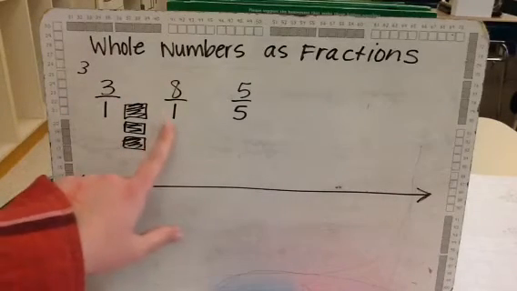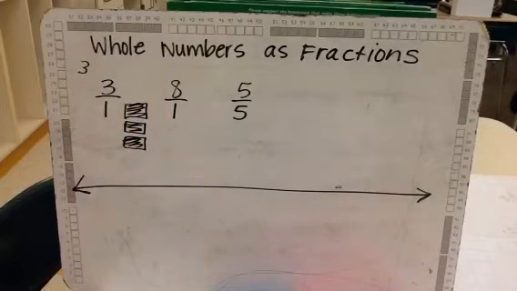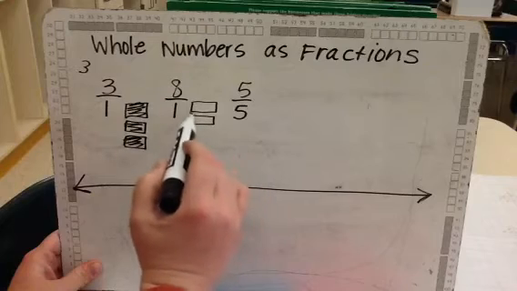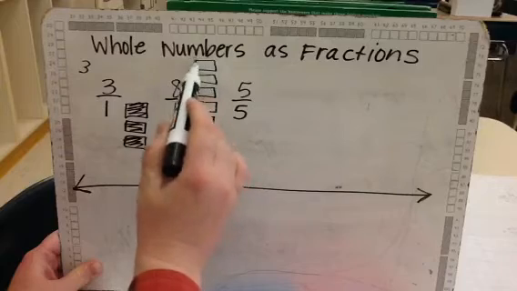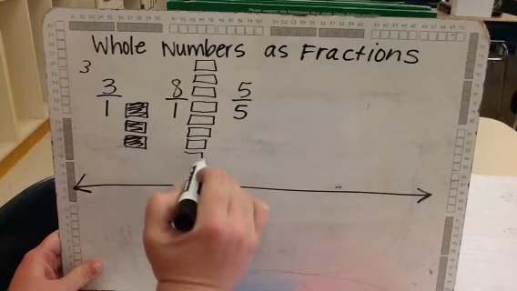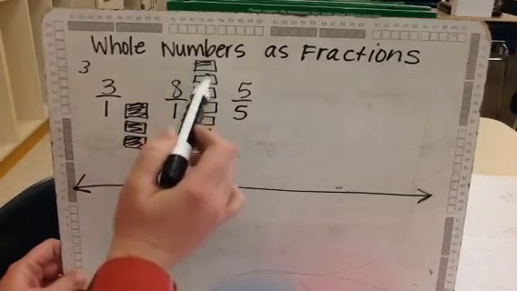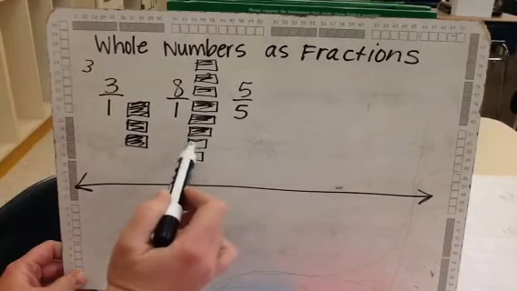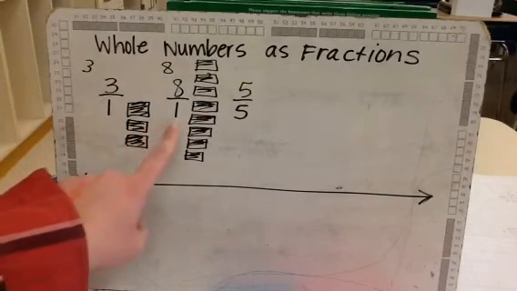Similarly here, so I see 8 over 1, or 8 wholes, and what this 1 means is I'm going to leave the whole as a whole, but I need 8 of them. I need to do that 8 times. So here, and again, I'm not partitioning them, I'm leaving them as a whole, but I need to use 8 of them. So a simpler way of writing it is just 8, but we do need to recognize them when the 1